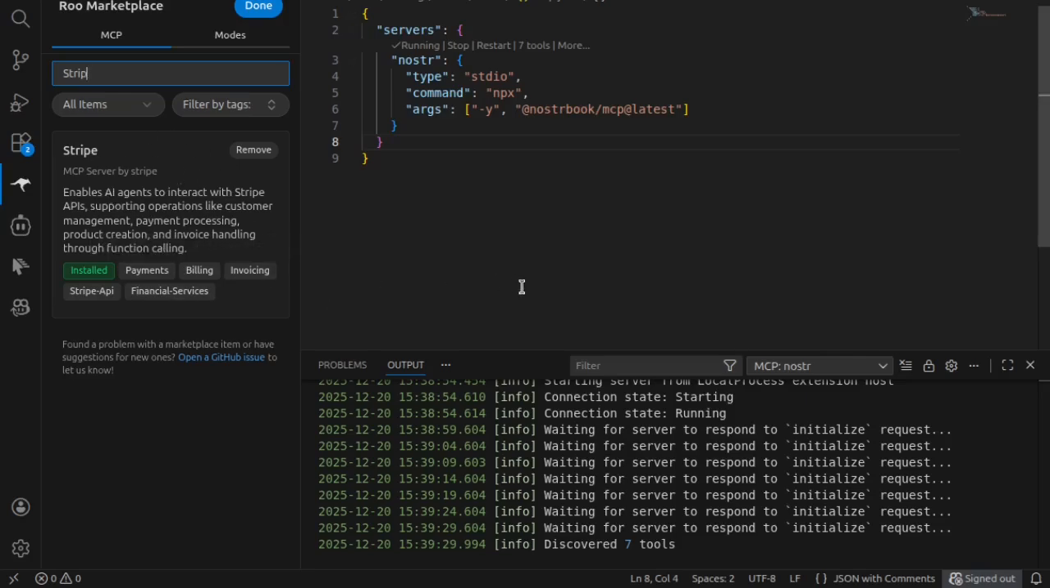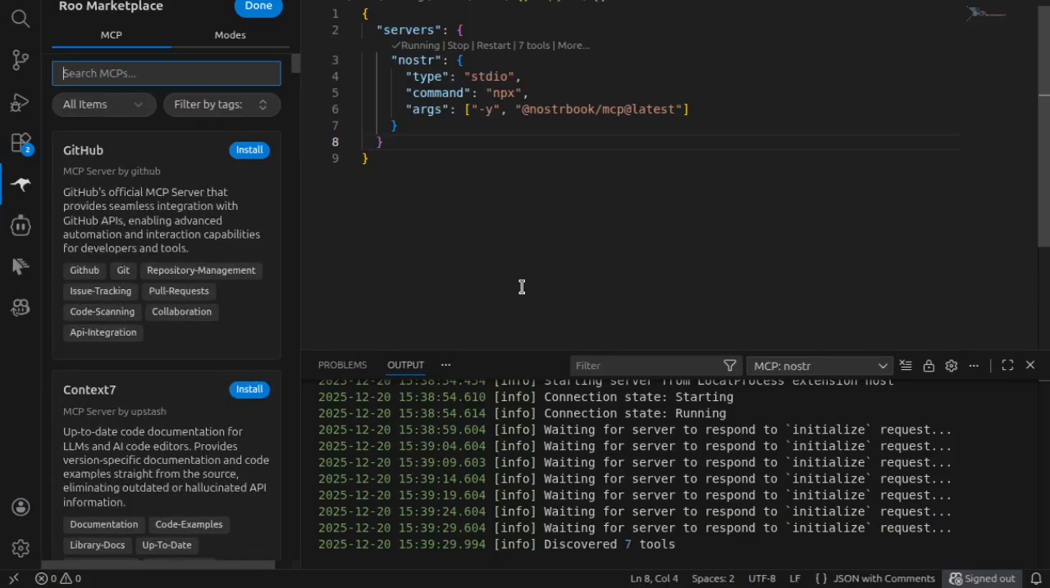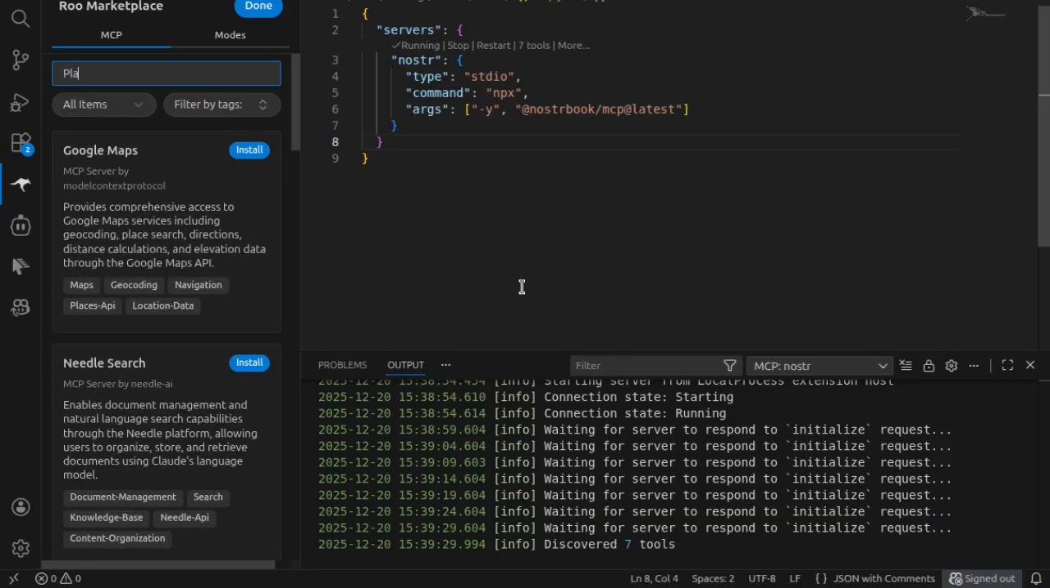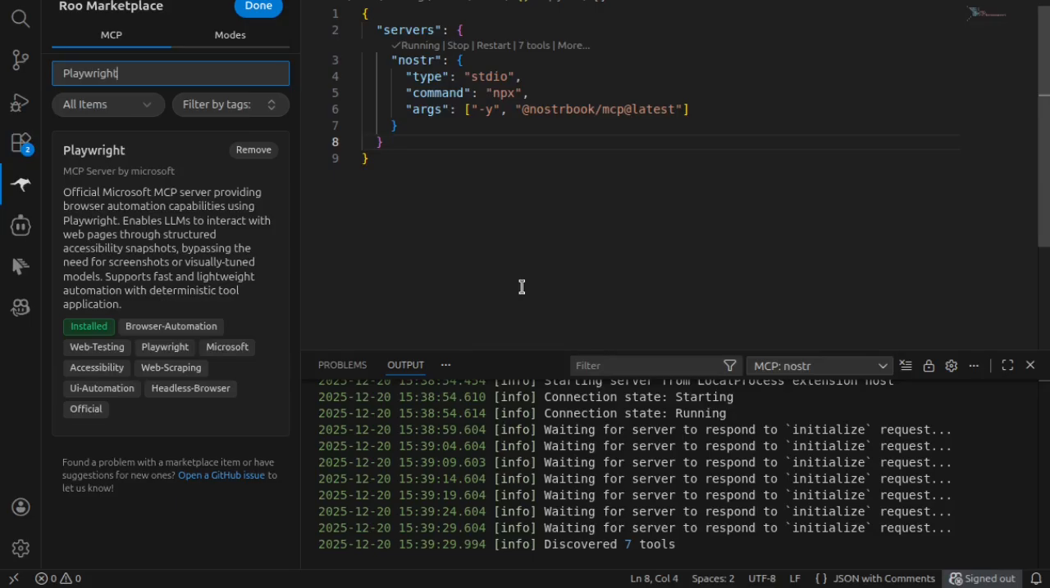Now there are some other ones that we're going to use. So we've used Stripe, and the other important one is Playwright. Playwright is the one that can actually go to websites and interact with the website, and this is very important. And it comes to the secret of